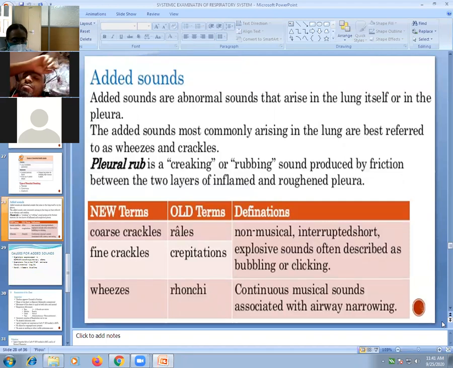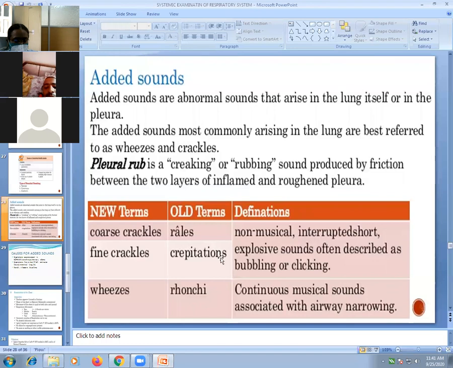And crackles are coarse crepitations. These crepitations are very common in COPD patients. So crackles or crepitations are the harsh sounds. Pleural rub has no importance for you. You just remember two abnormal sounds: crackles, crepitations, present in COPD patients, and rhonchi, present in bronchial asthma patients. These are musical sounds just like whistling, which are because of airway narrowing.